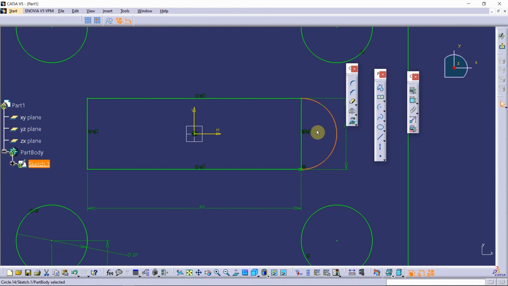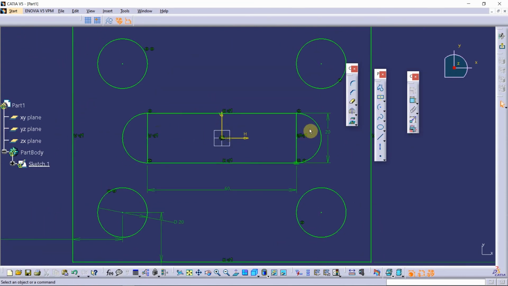I'm going to mirror this semicircle with respect to this axis. Okay, now I have these two extra lines here. I have to delete those. In order to do it, I'll do a trim. I'll select the trim option and click on this. It'll get trimmed.